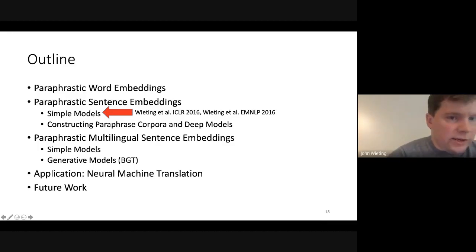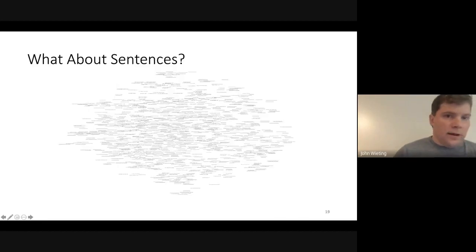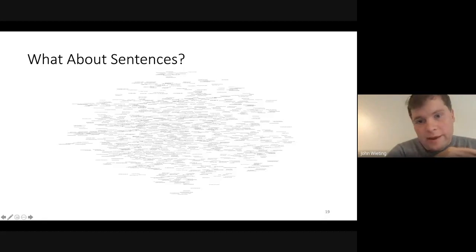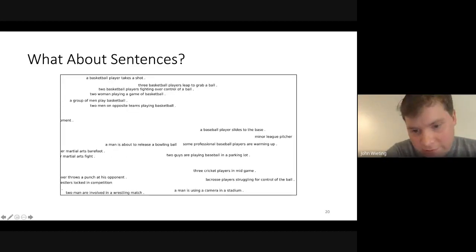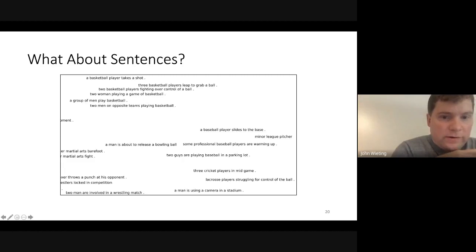So that's word embeddings. Now I'd like to move to sentence embeddings, which require different strategies. It's a little unclear if it's even possible to do this as well as you can for word embeddings, since sentences are far more complicated, and the syntactic structure is also very important, which you don't have to worry about in word embeddings. You can embed sentences and create a space, and whether the space is useful or not is a separate question. But with the space we tried, it does tend to cluster the semantics, suggesting this is possible to some extent: sentences with the same meaning are closer to each other than those without.